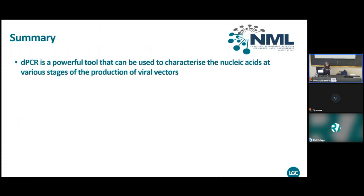And so at this point, I apologize for going over. I'll just finish with my summary of what I've shown you. So digital PCR, it's a powerful tool. We use it in lots of areas, not just viral vector analysis, but it very much helps us with that